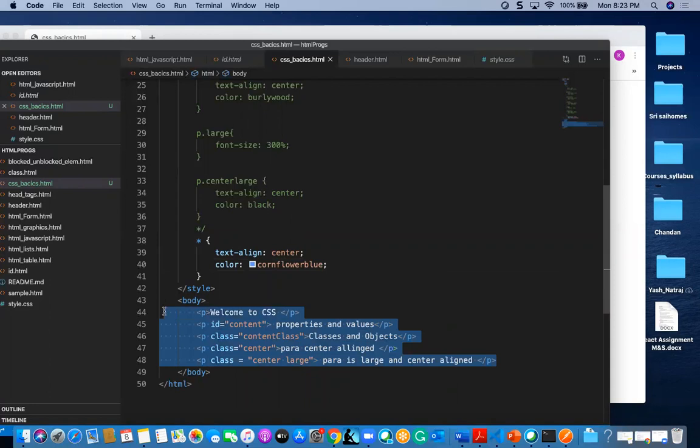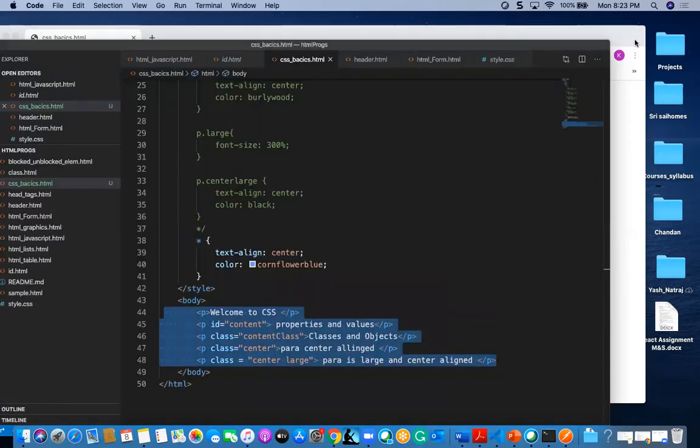Since the classes and IDs are there, irrespective of it, it will apply the style for everything. It won't wait for the class or ID to come into the picture. It will be applicable for everything. Okay, that's about the universal selector.